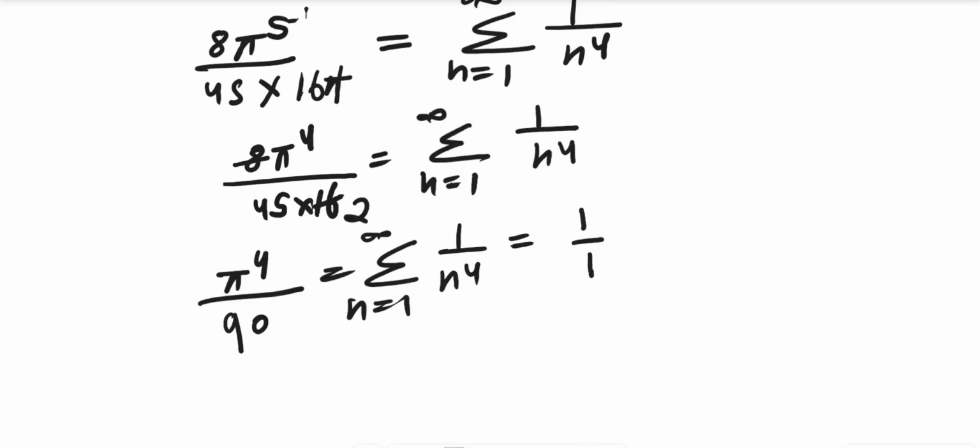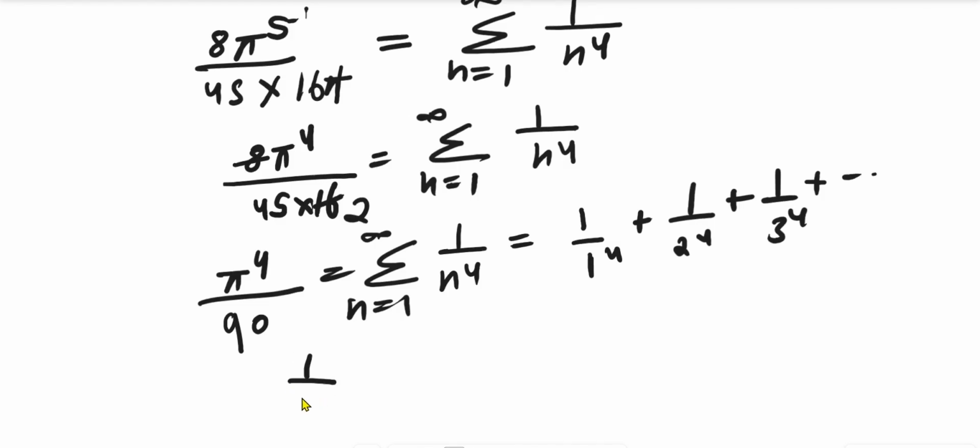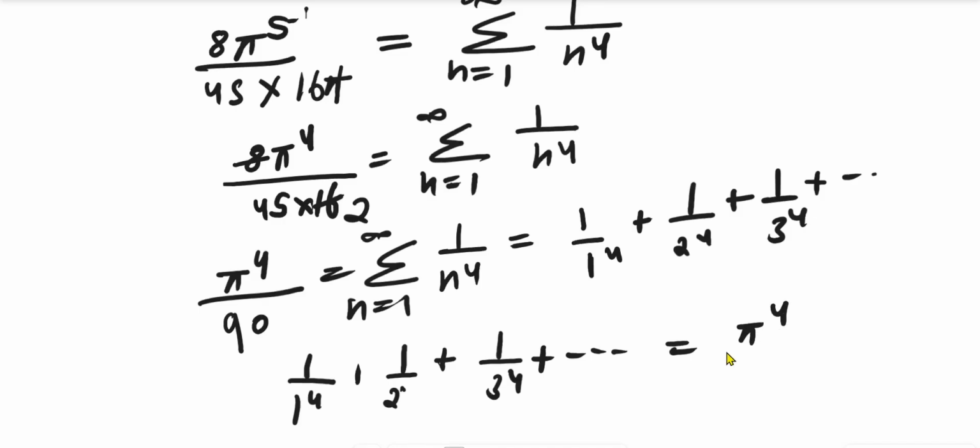which is the summation of the inverse of natural numbers raised to the power 4, that is 1 raised to the power 4 plus 1 upon 2 raised to the power 4 plus 1 upon 3 raised to the power 4 and so on. And this is what the question asked us, to deduce 1 upon 1 raised to the power 4 plus 1 upon 2 raised to the power 4 plus 1 upon 3 raised to the power 4 and so on is equal to pi raised to the power 4 by 90. Hence,